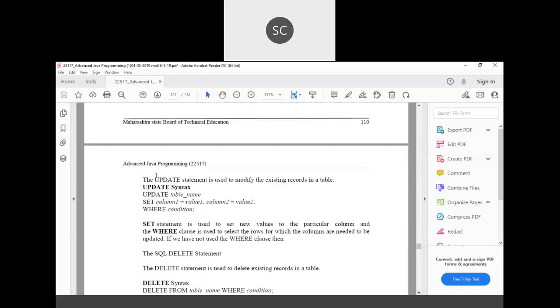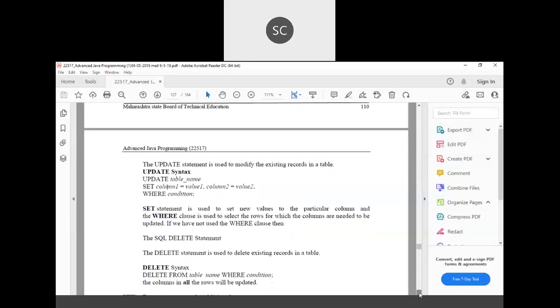So the syntax of update is you need to write update, then you have to specify the table name, inside which table you want certain changes. Then you write a keyword set. You can change the value of the columns. For example, I want to change the price, so I'll write set price equal to 1 lakh, where condition will be where the product name is iPhone 13 Pro Max or whatever. You can change the values of more than one column, by providing a comma.